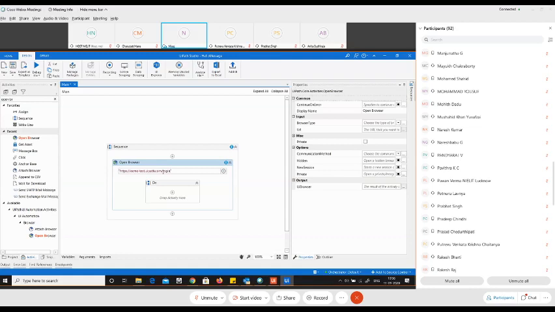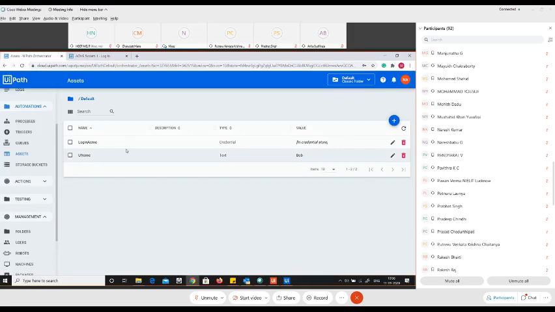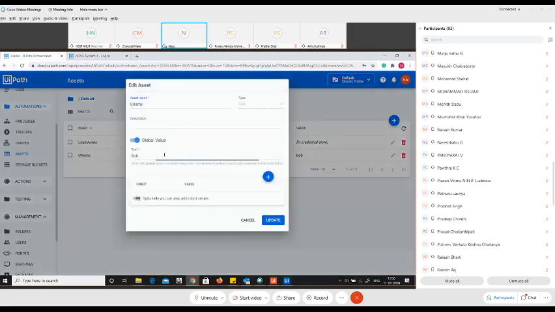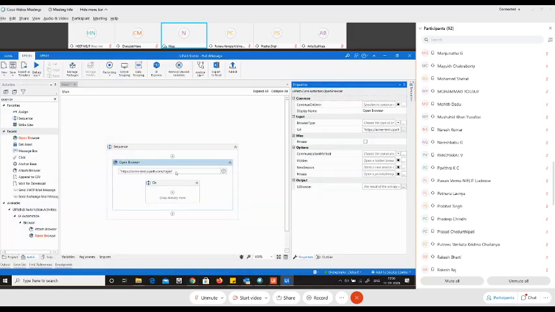So you could also have used the URL over here. So what we'll do is, we'll make use of this. Since we have done everything, I'll just pass the URL here. I'll change the asset name to URL. Awesome. Perfect. So I'll make use of this called URL. So instead of passing this, I'll also get the URL from the asset.